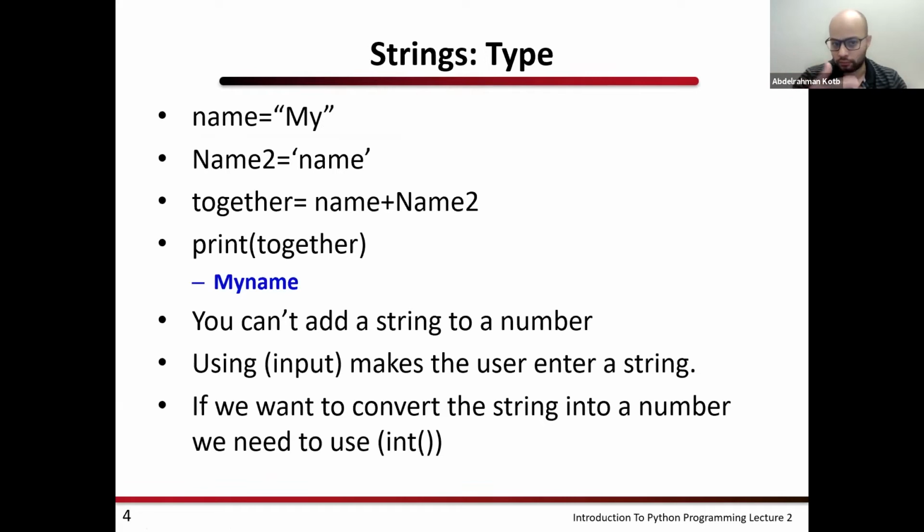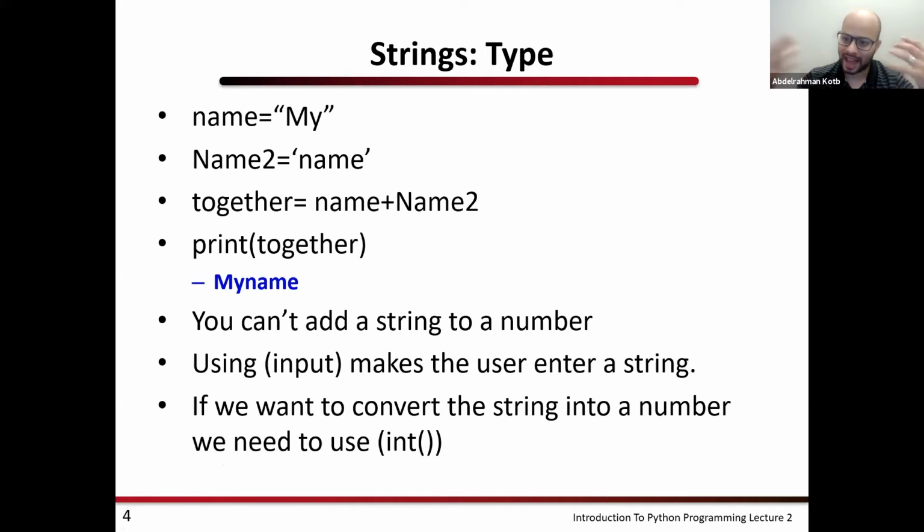So a string is a type. We can say name is equal, anything in quotations is a string by Python's definition. And as I mentioned last time, it can be either a single quotation or a double quotation. I also mentioned that whenever you are naming a variable in Python, the capitalization is actually significant for Python. So for example, name all small letters versus name all caps, or even one capital letter in the naming becomes completely different.